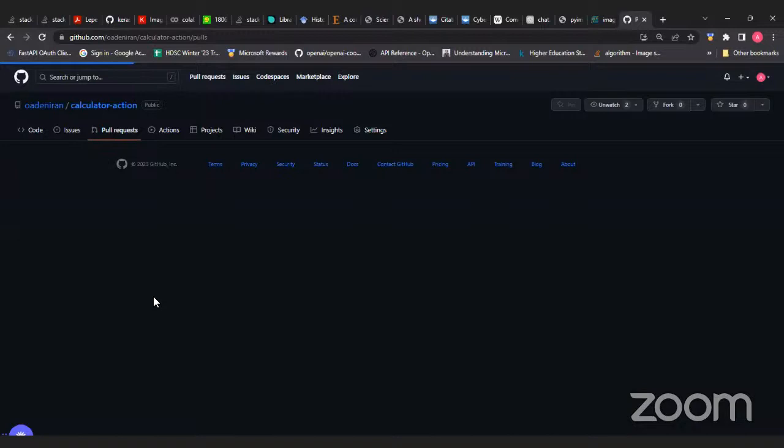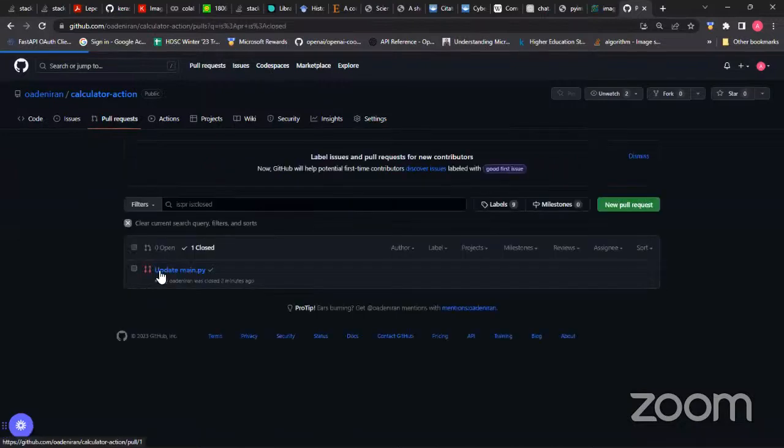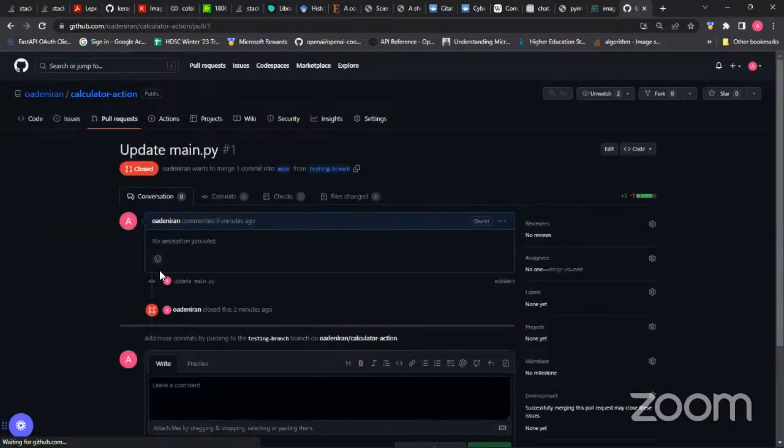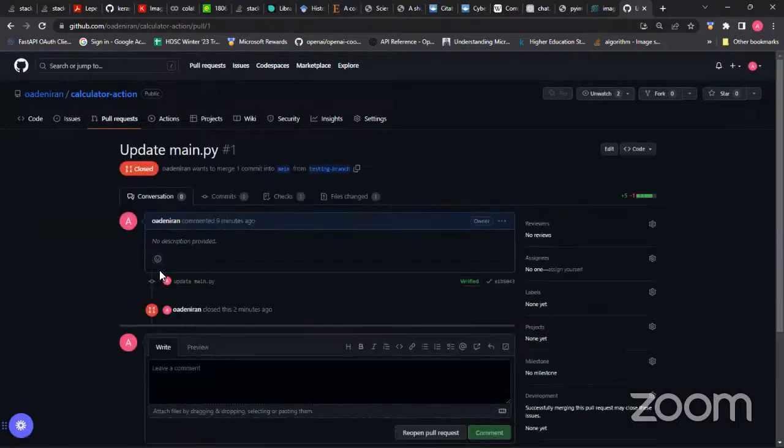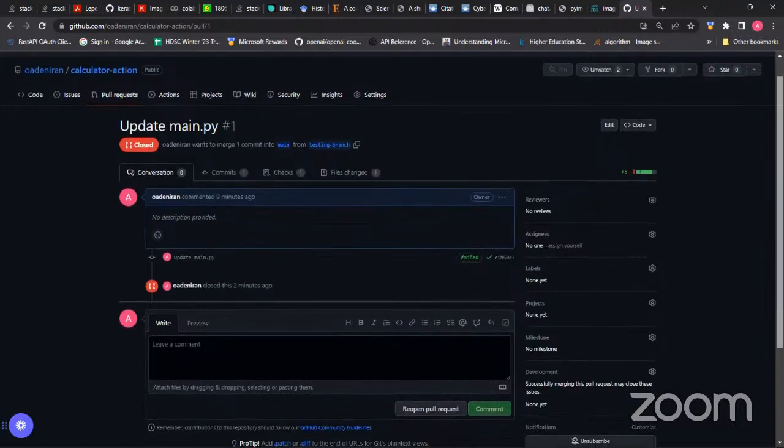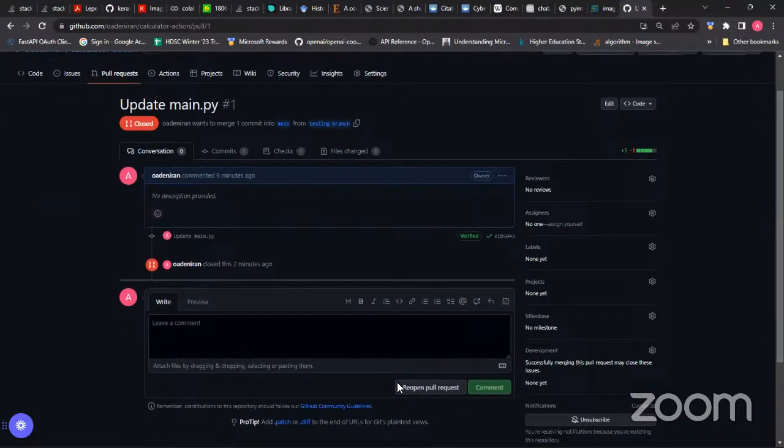So I'm now going to come back into this pull request. This pull request is still working based on that branch, so I could just as well have created another pull request. That's okay, but I also want to showcase the fact that reopening the pull request will allow the action to run again. So if I just click on reopen pull request, now I should be expecting